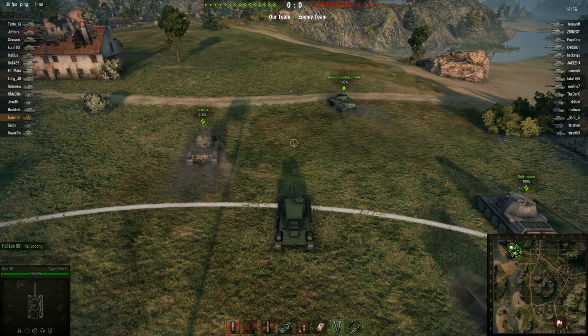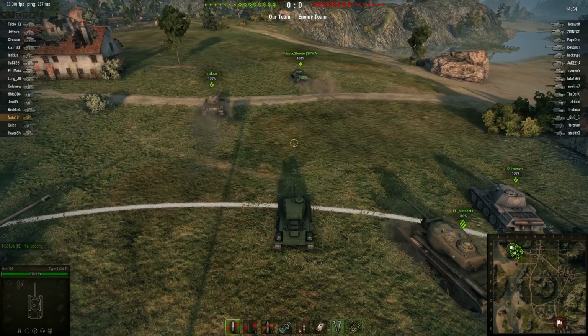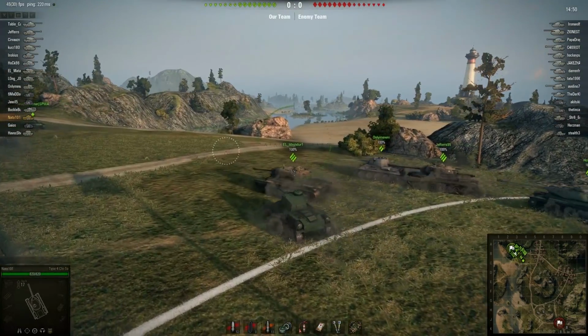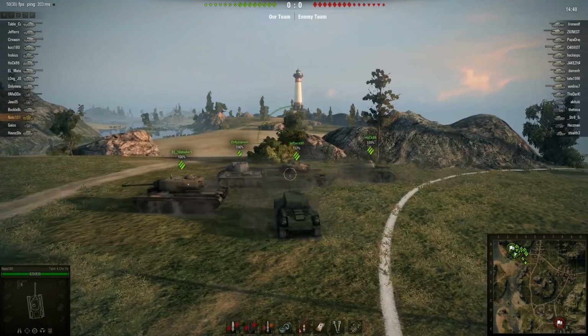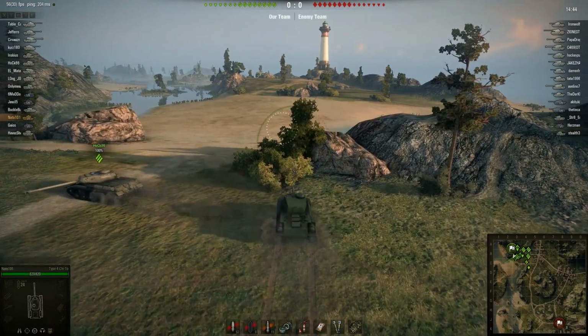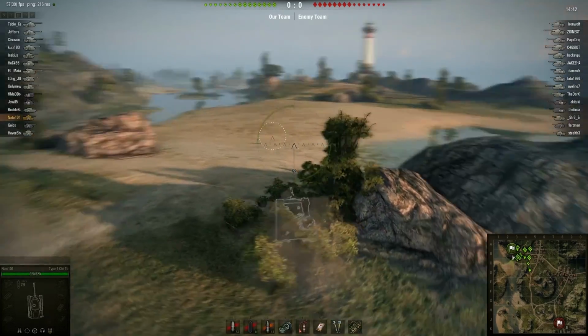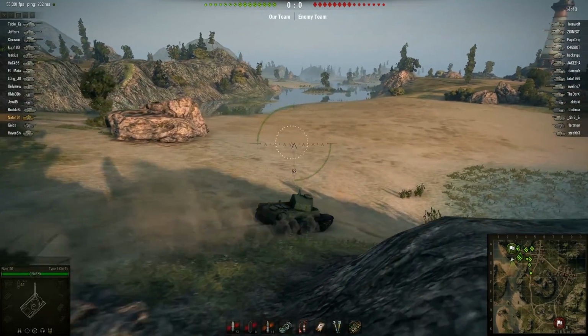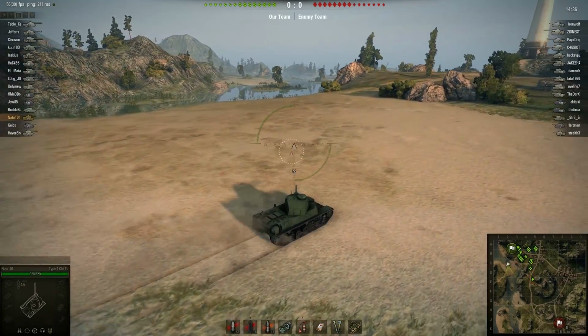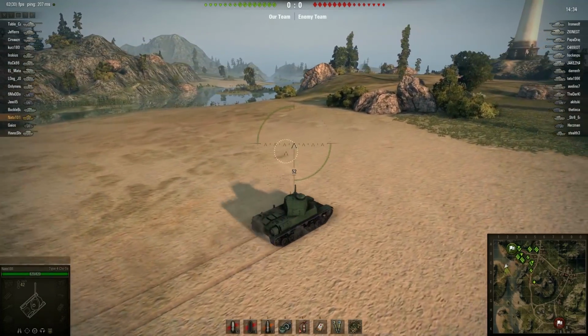Now, obviously the audio's off. I didn't spend too much time perfecting it. I didn't really have a reference point where I shot my gun, so I can sync the audio to that. But as you can see, the frame rates are smooth. It's a lot smoother than it was when I was playing it back normally. That's basically the whole point of this video, is to get you good graphics